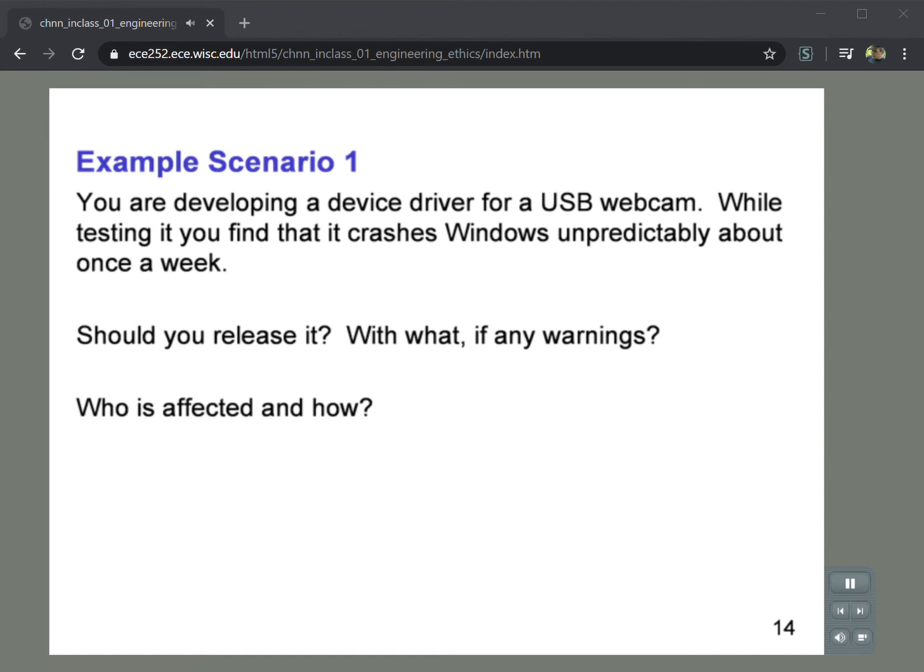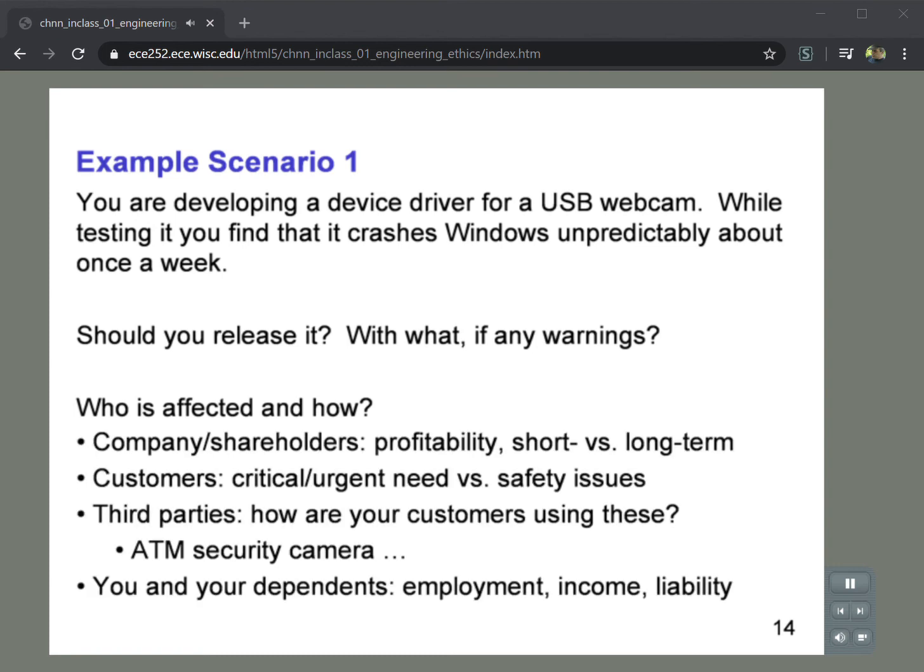If you do release it, what kinds of warning labels should you put on it? And who is affected and how by the decisions that you make in this process? How do you even begin to think about this? So let's step back and think about our analysis approach and say, okay, first of all, let's identify the stakeholders